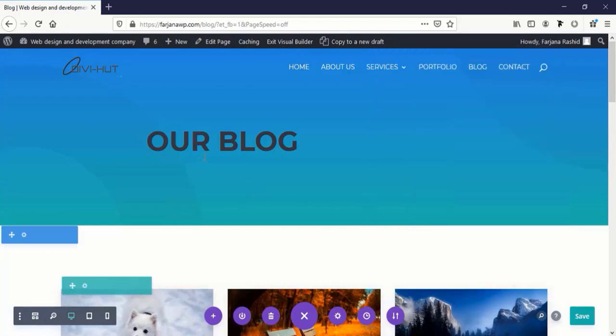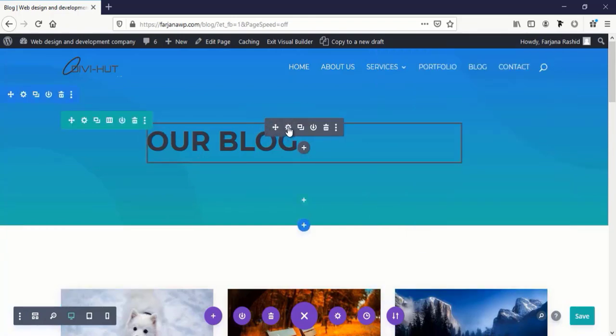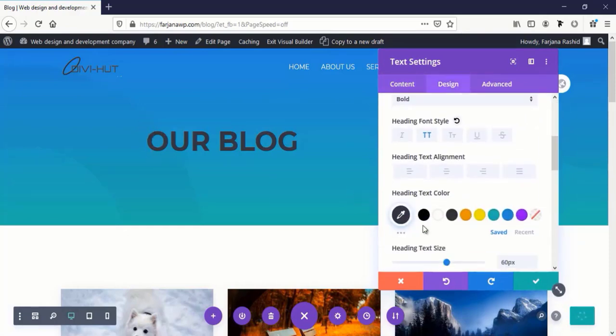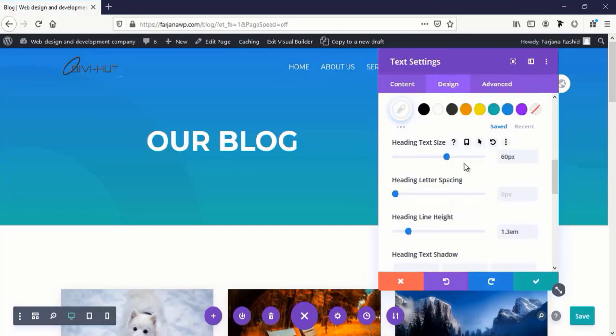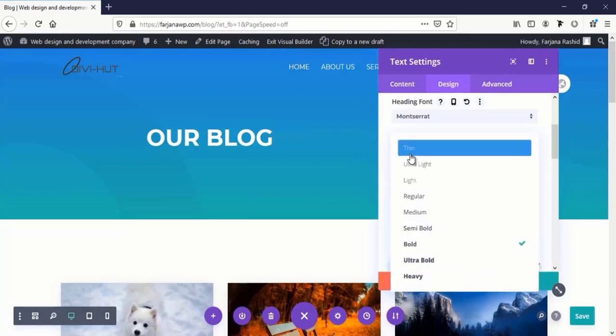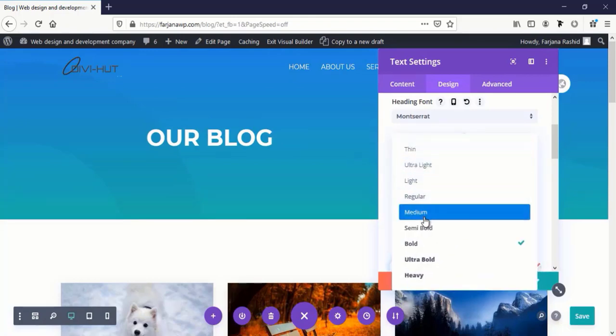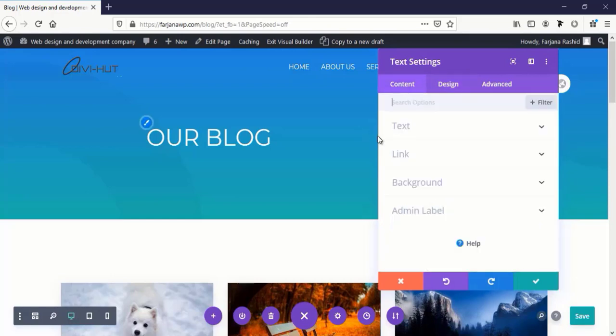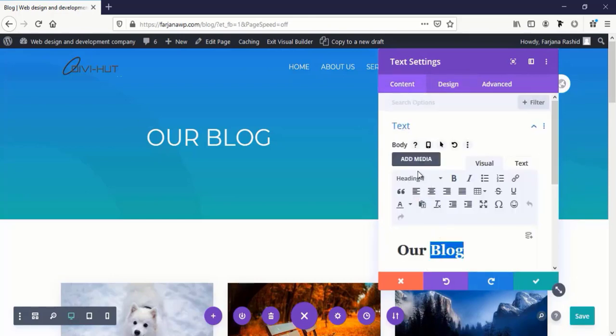Now I'm going to save it and going to change the font color to white, and we can decrease our font size a bit. We can make it regular and making the last one to bold, just to making similarities with other pages, or we can leave it as it is. Now I'm going to save it,